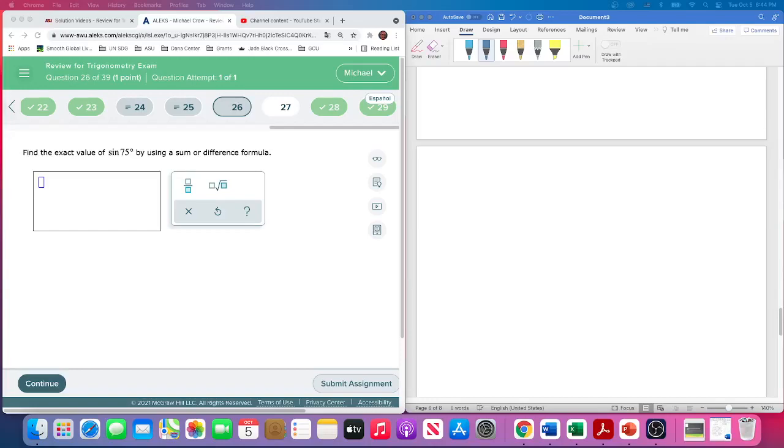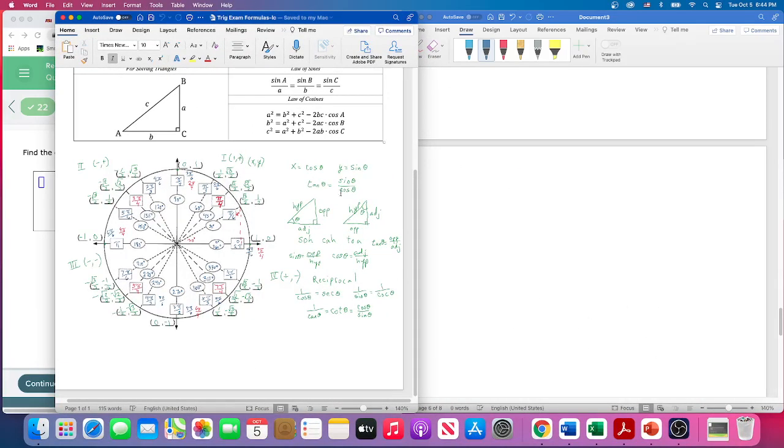Question 26, we're supposed to use the sum or difference formula to find the exact value for the sine of 75 degrees. Again, we don't have that exact value. Some of you were asking about this. I can't remember if I had a 75 degree triangle in the measuring triangles question, but what we're going to do is